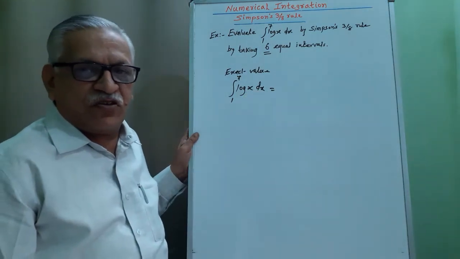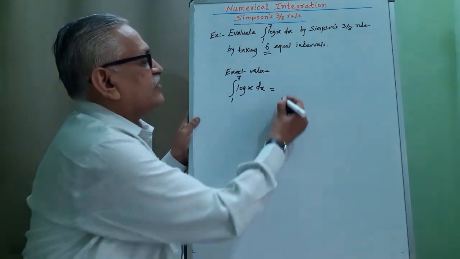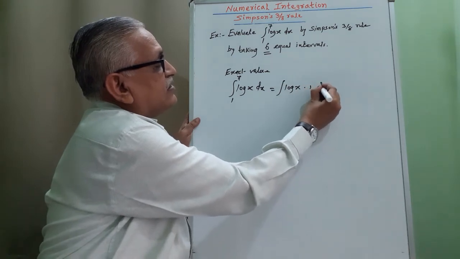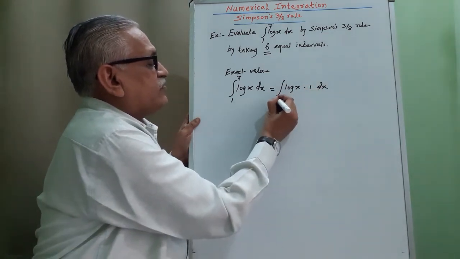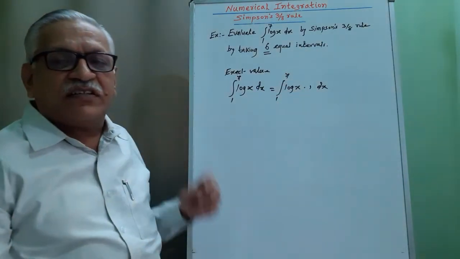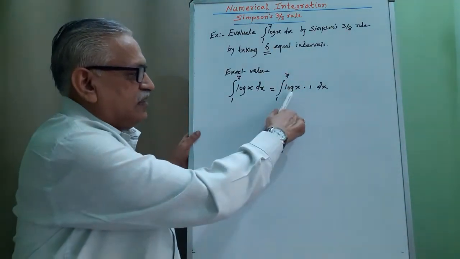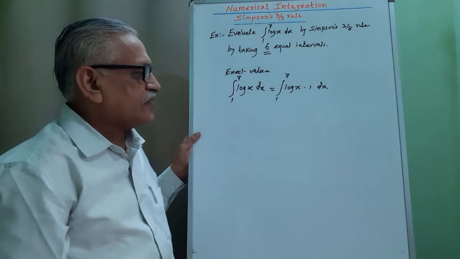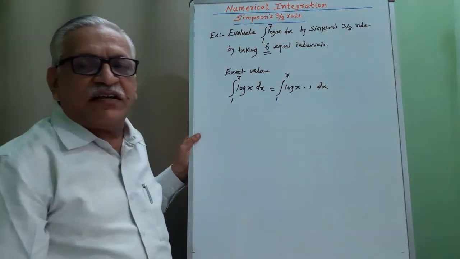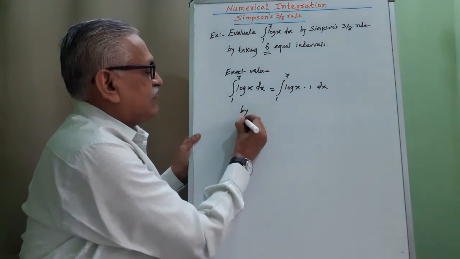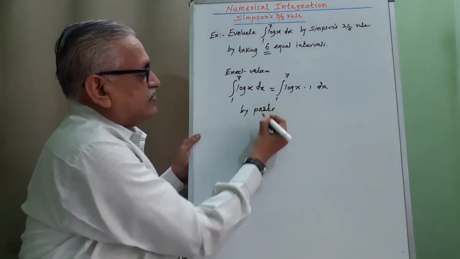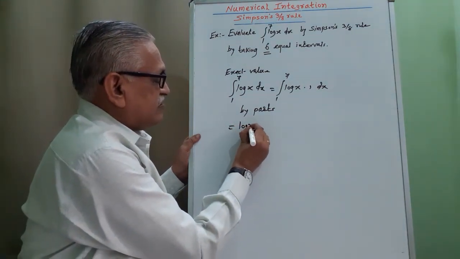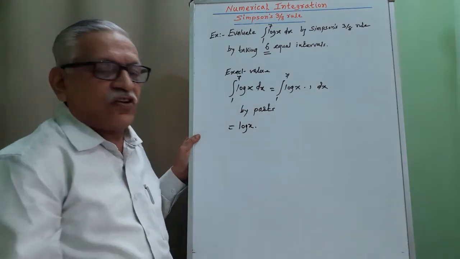Integration of log x is not a standard result. Therefore, we rewrite that as log x into 1, with respect to x between 1 to 7. I have written it in the form of a product of two terms. First one is log type, second one is algebraic type. Therefore, we apply integration by parts. The first term is log x. Integration of the second, integration of dx is x,